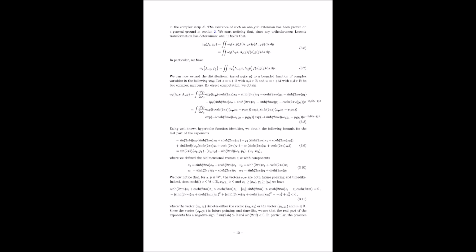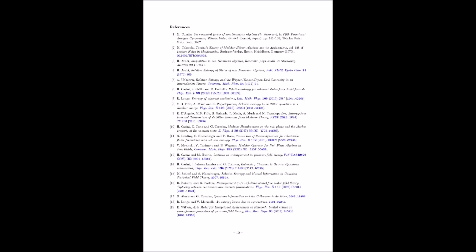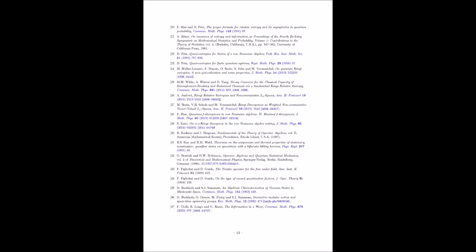Exactly. The paper then delves into a specific scenario where both quantum states are excitations of a common base state. What are the key takeaways from this analysis? So the authors show that in this scenario, the Petz-Rényi relative entropy can be expressed in a simplified form that only depends on the excitation itself, just like we saw with unitary excitations. This simplification makes the calculations more manageable and allows us to focus on the essential differences between the states. So it's another example of how the Petz-Rényi relative entropy helps us cut through the complexity and extract meaningful information. Exactly.